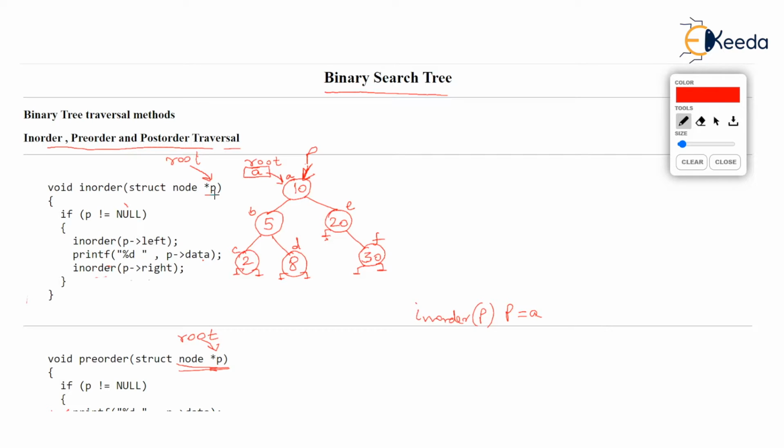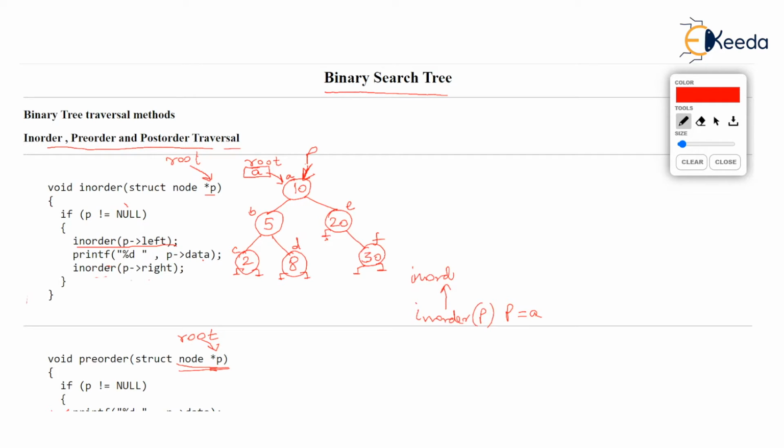That's why we have copied root in the local pointer called P and let P do all the dancing. Okay, let's go inside the in-order function. In-order will now check, is P not null? Surely P is not null. P is pointing to this 10, isn't it? So P is not null is true, so all the lines written in the if will run. But the very first line written in the if is a call to in-order. So the in-order function which was running calls in-order again.